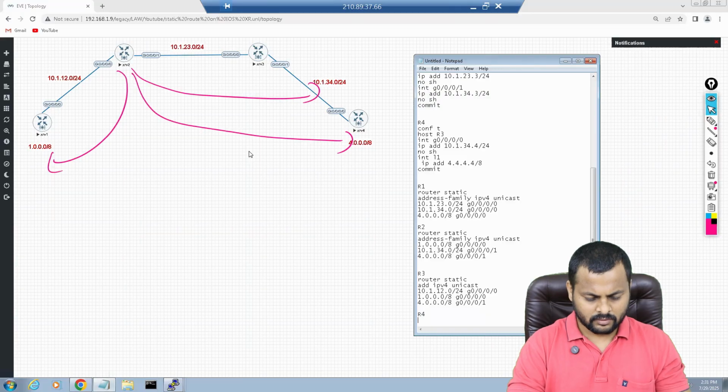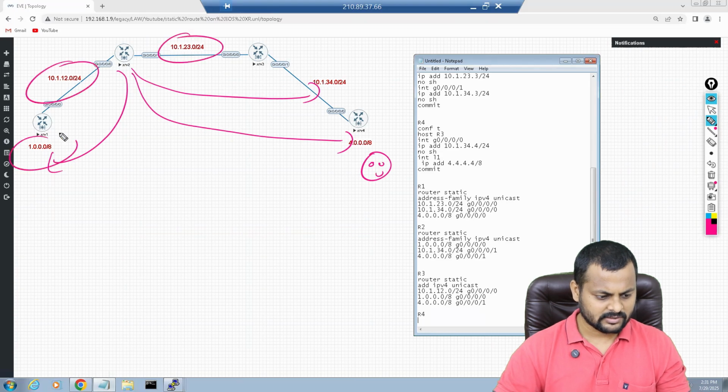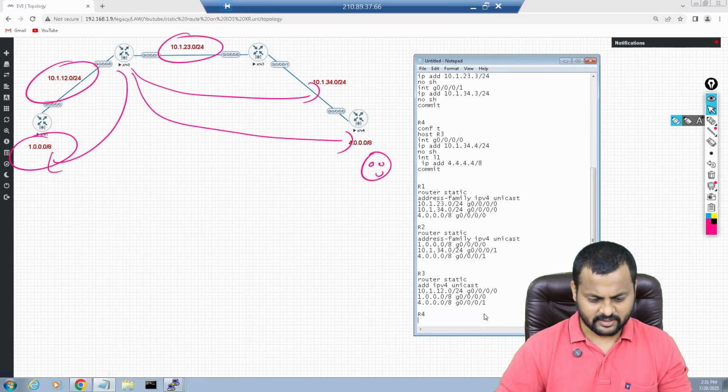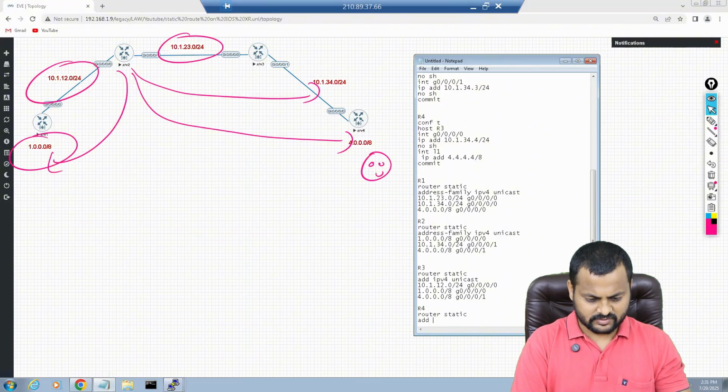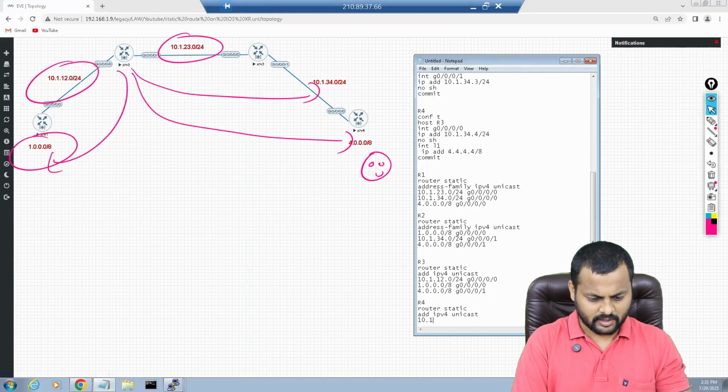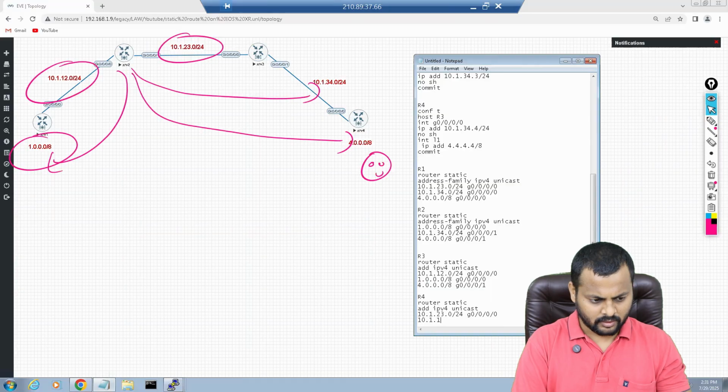On R4, obviously, I want to go from here to this one, this one and this one finally. So I will use my gig 0/0/0/0 as the exit interface. Router static, address family IPv4 unicast, and I'm going to configure this one as 10.1.23.0/24 gig 0/0/0/0, 10.1.12.0/24 gig 0/0/0/0.